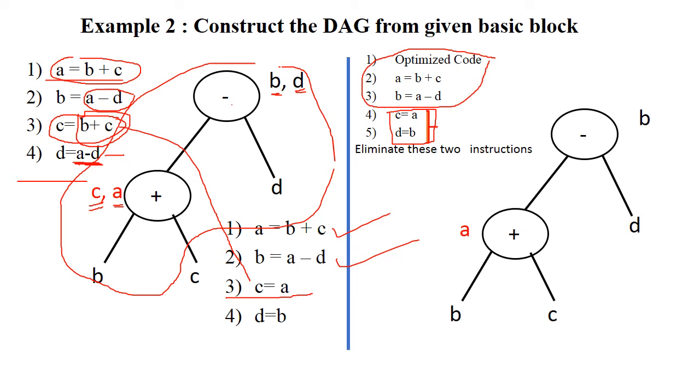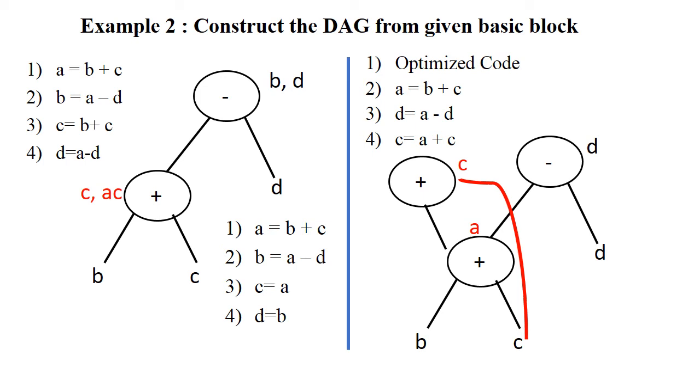So this is the example number. Now the same example I have taken here because maybe optimization is done in a different way. This part is already explained. Now see, while optimizing the code, maybe compiler will keep this instruction as it is, A is equal to B plus C. But instead of keeping this particular instruction, B is equal to A minus D, compiler can keep this particular instruction. Okay, so this instruction is right now compiler kept. D is equal to A minus D, this instruction is already kept. So compiler doesn't want to keep this particular instruction, so it is required to eliminate it.